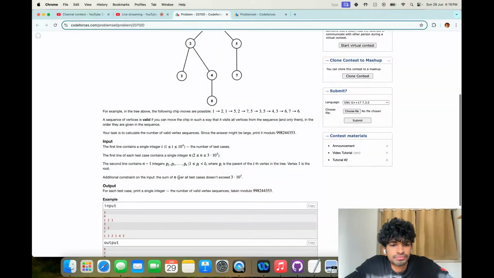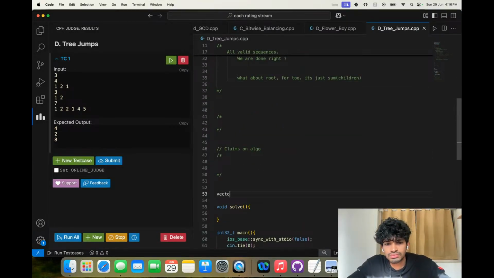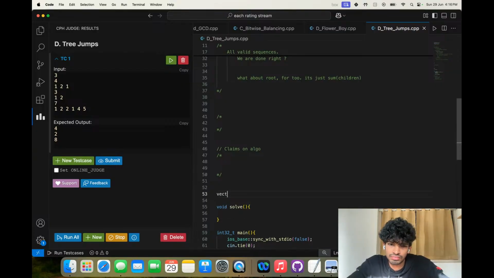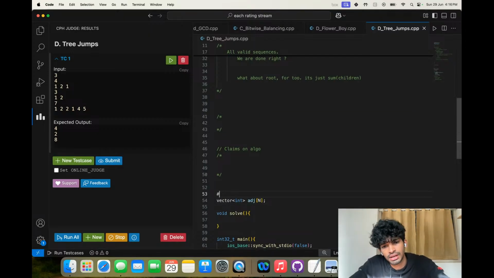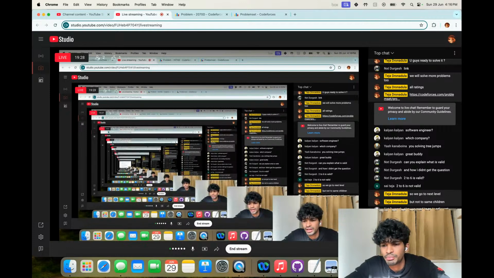Right. ADJ will give us children, let's say. I'm just trying to implement it. So this is a simple problem, right? This is a common direct problem for anyone.